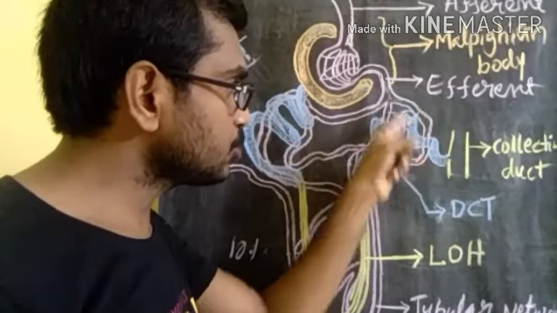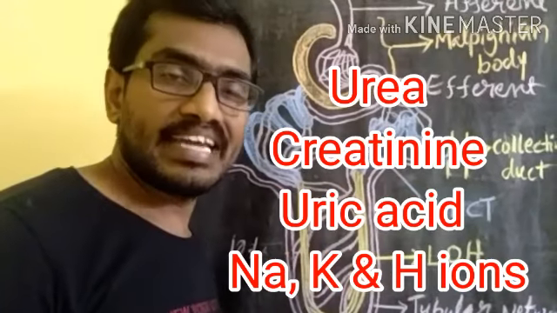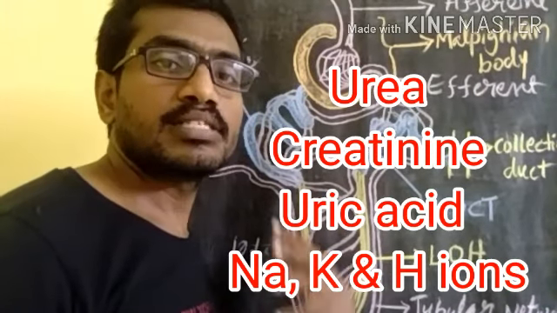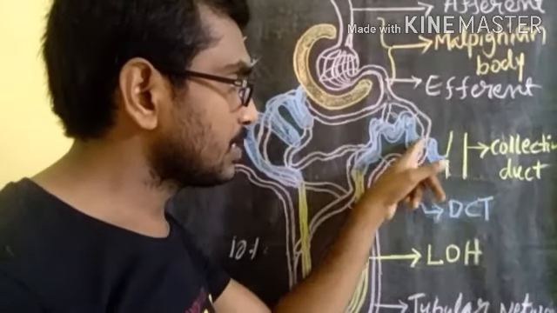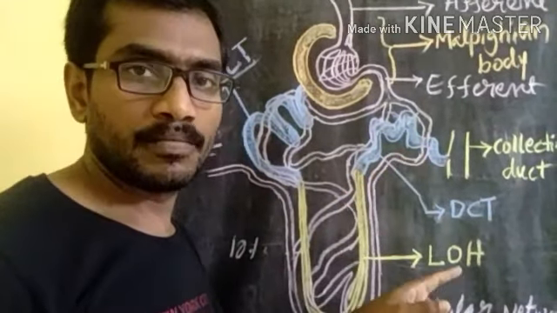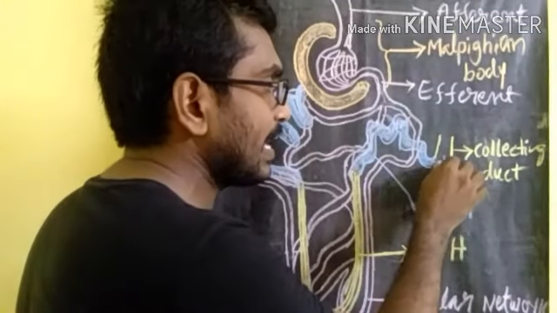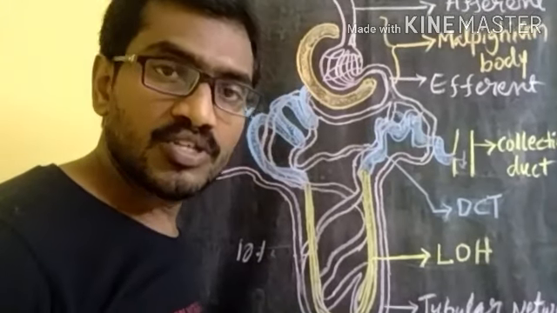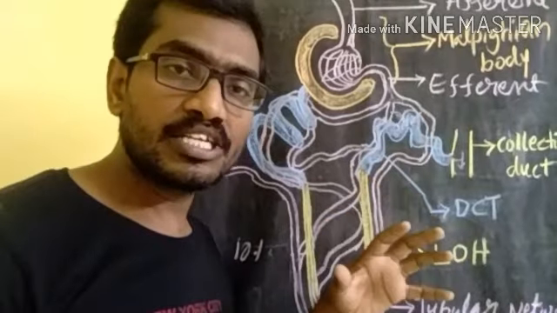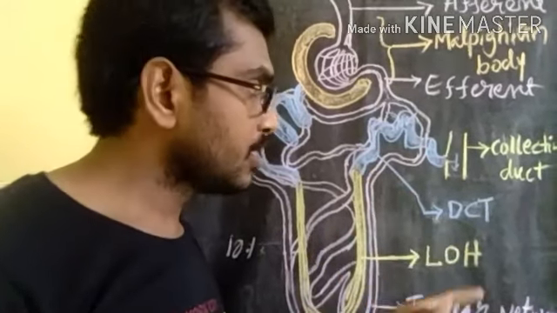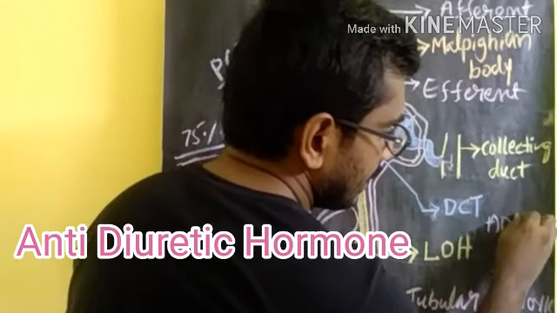From the peritubular network, the wastes like urea, creatinine and some salts, some ions like hydrogen and chloride ions, enter into the distal convoluted tubule. Along with that, finally it enters into the collecting ducts. In the collecting ducts, based on the concentration of fluids in the body, one hormone is released, that is called ADH,